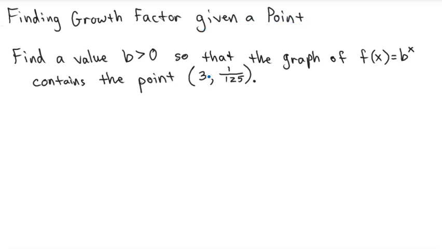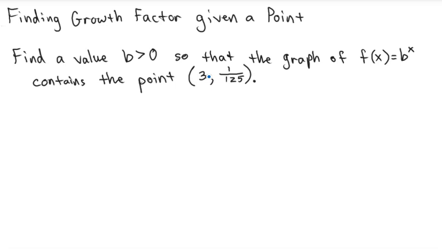Find a value for b that's greater than 0. So it has to be a positive number. By the way, the growth factor always has to be a positive number. It can be between 0 and 1, or b can be greater than 1, okay? So it can be between 0 and 1, or it can be greater than 1, but it cannot be negative,